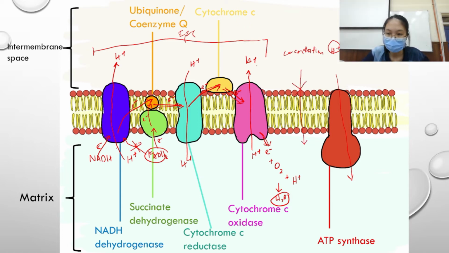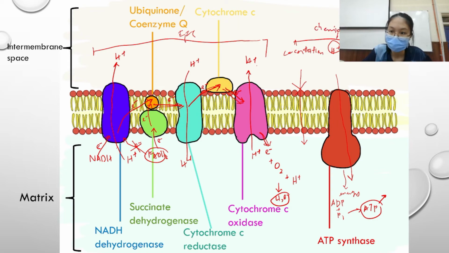It can only diffuse through ATP synthase. And when the H plus diffuses through this enzyme, the energy is released. Then the energy is used to bind ADP and a phosphate group to become ATP. So from here, ATP is produced by chemiosmosis. This process is what we call